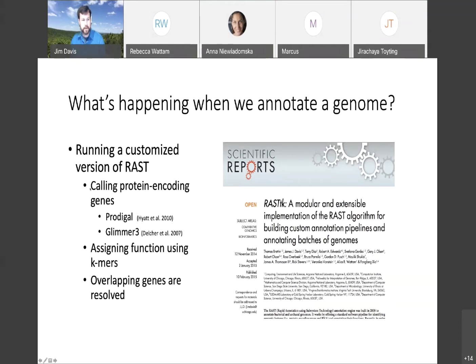Then it finally gets down to the business of calling the protein encoding genes. It uses a combination of Prodigal and Glimmer to do this. They're probably the two best gene calling algorithms right now. And then it reconciles the output. They work by having an internal understanding of the codon usage, and it looks for stop codons and tries to assign start codons. And then